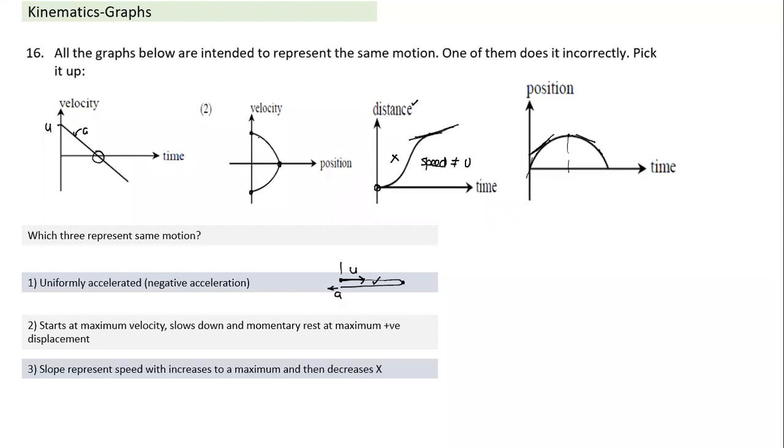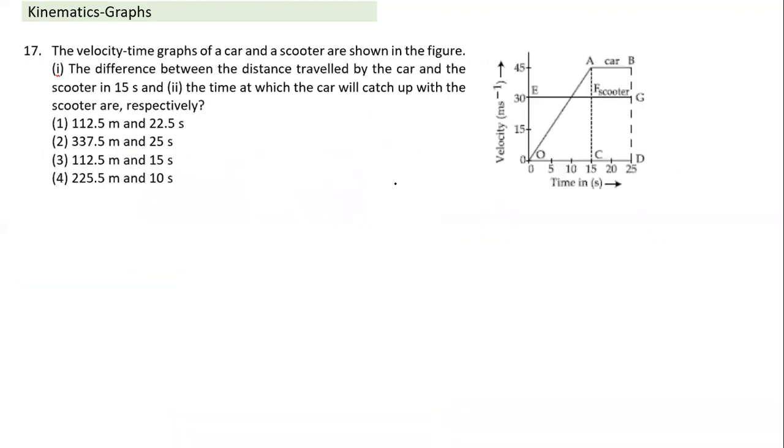I have written the points here. Those who are interested can go back and refresh so that you understand each point. Fourth one, slope represents velocity. I hope this point is clear. As long as the slope is positive, velocity is positive, then it becomes 0 and it becomes negative. Exactly the same as the previous one. This also is a past mains question, understanding of the velocity time graph. And what is the area under a velocity time graph?